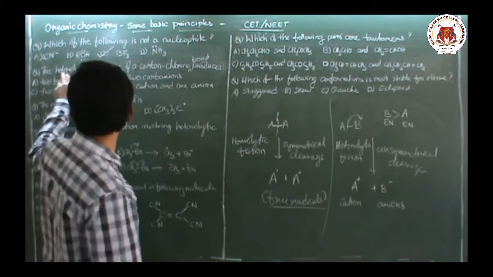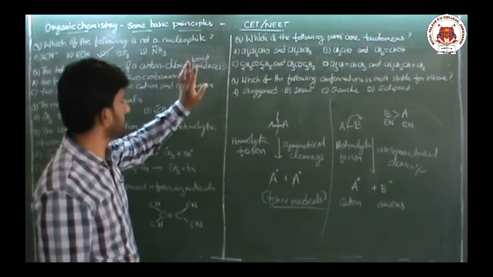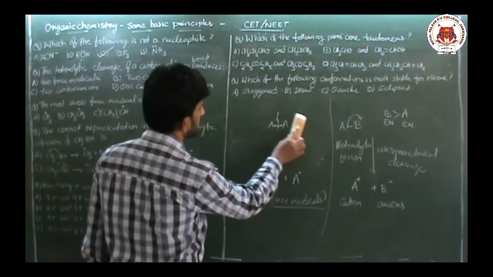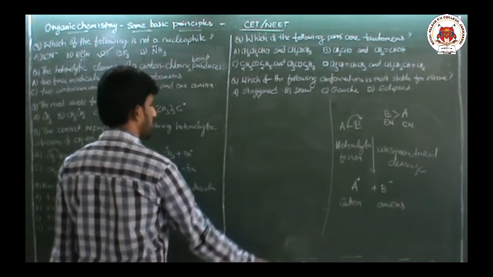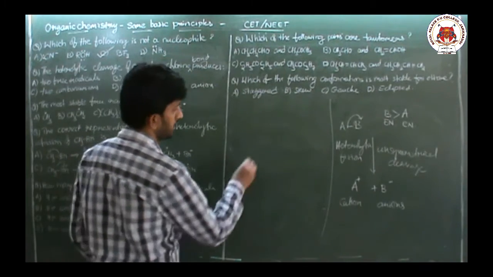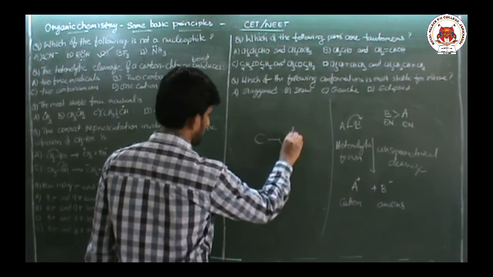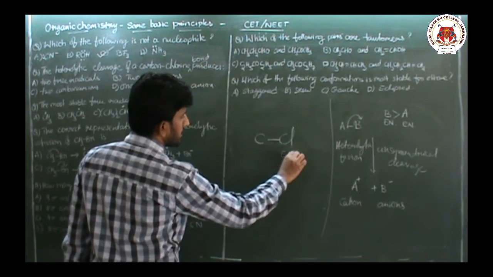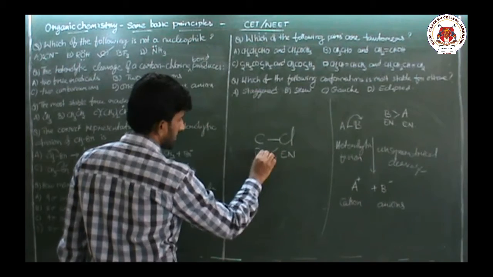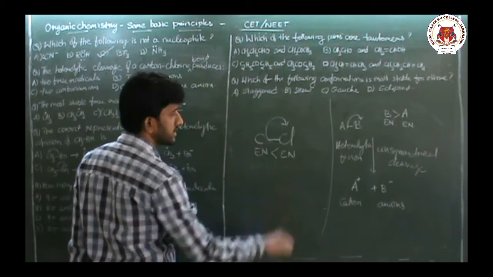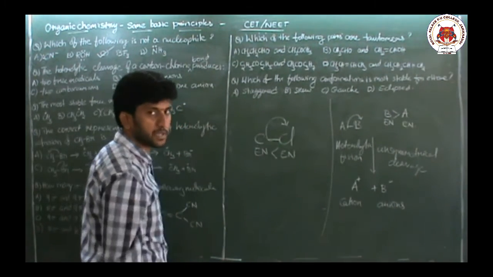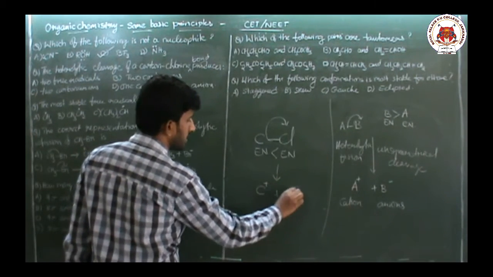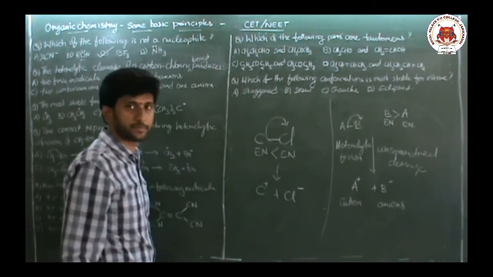Now they are asking heterolytic cleavage of carbon-chlorine bond produces. Now we are talking about only heterolytic cleavage of the carbon-chlorine bond. Now which is more electronegative? Chlorine is more electronegative than carbon. That means the bond should cleave in this way. The total pair of electrons must be transferred towards the chlorine. So you will get a carbocation and chloride anion.